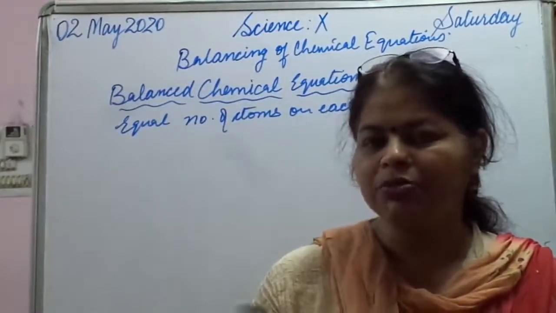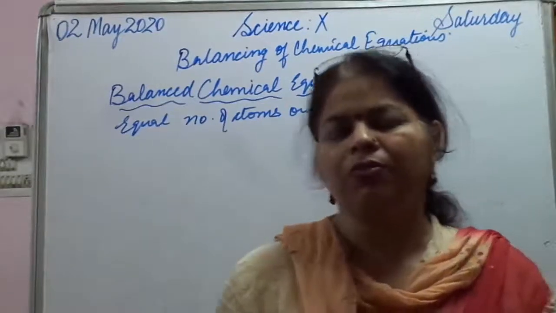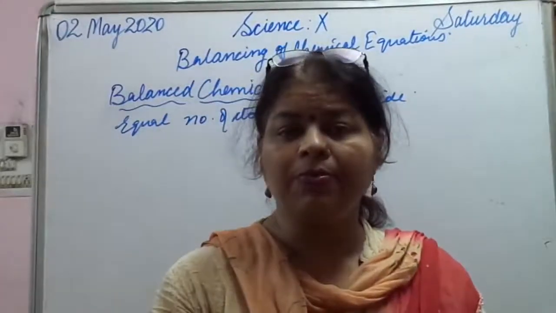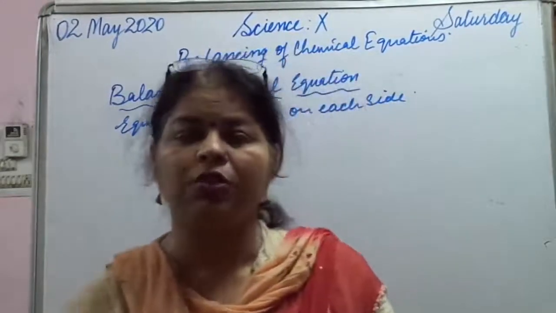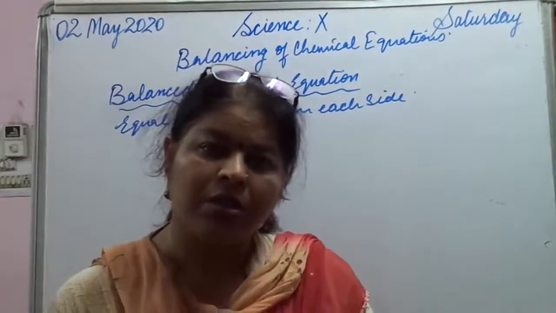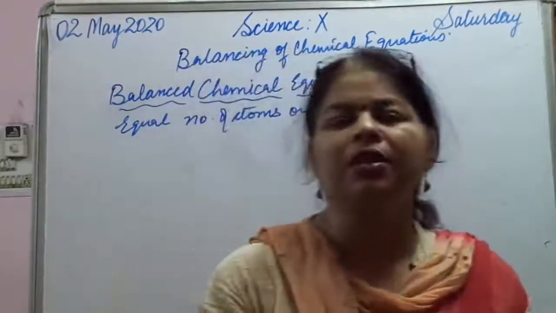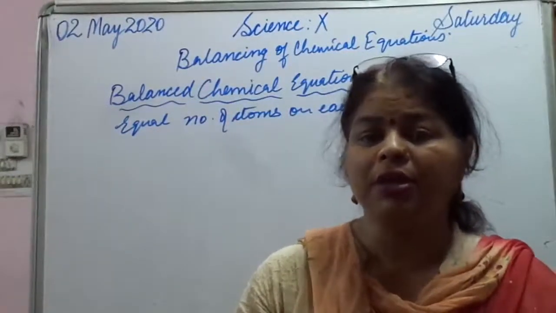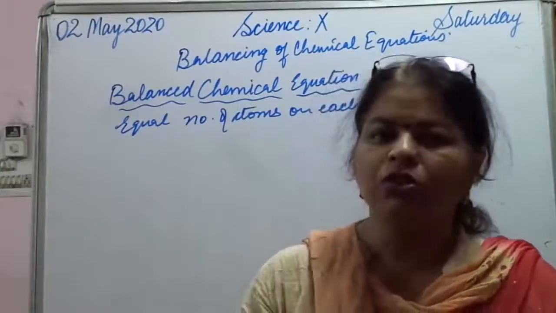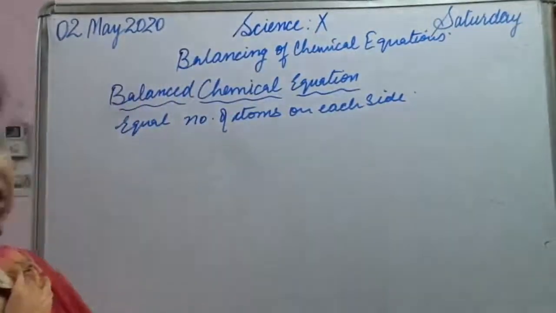See, some change is taking place, like iron reacting with water, then what is formed? Oxide of iron. Same way, if magnesium is burning in the presence of oxygen, some change is taking place, and that chemical change forms the product magnesium oxide. So this is how we speak in words, but how to write in chemical or symbolic form, or word equation, that we learned yesterday. So today we are going to revise how to balance chemical equations.